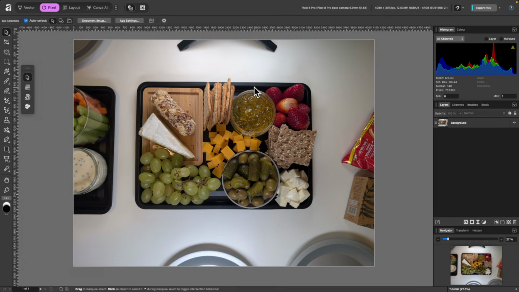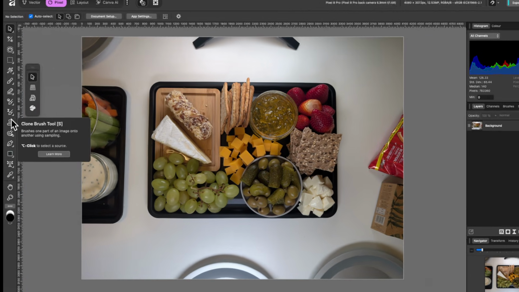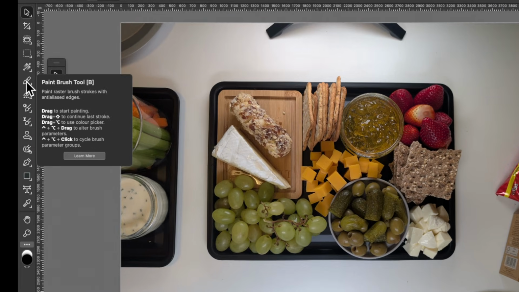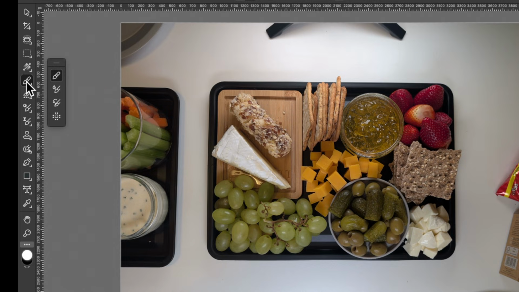So this area in the center here, think of this as your canvas. This is where you'll start painting your digital art or editing your photos. And to start painting or editing, you'll need tools. So all of your tools are on the left-hand side here. Think of this as your pencil case. And inside your pencil case, you might have a paintbrush, you might have a pen, and an eraser.